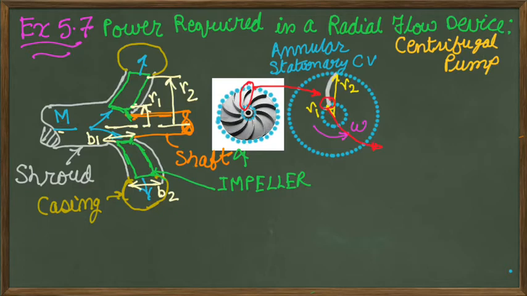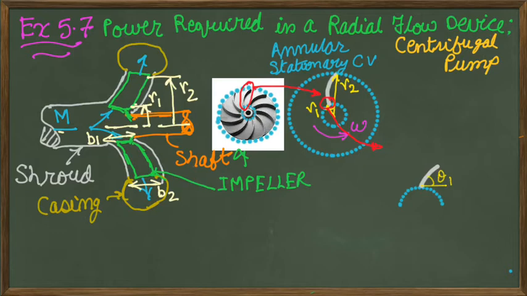We'll draw the velocity diagram corresponding to the inlet and outlet. So let us first consider the inlet. This is a separate figure corresponding to the inlet, and this is the blade. The blade is designed in such a way that there is a blade tip angle. For any blade, we have this angle theta 1 at the inlet and theta 2 as the blade tip angle at the outlet.